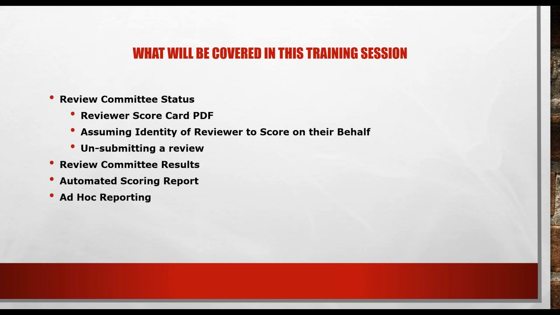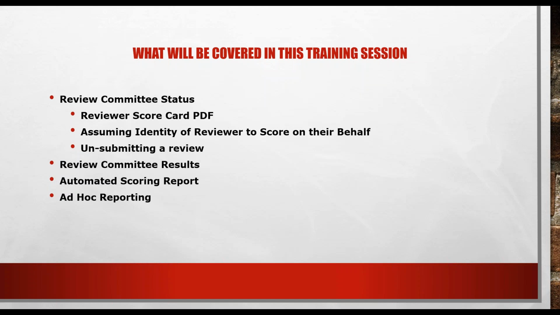And then also there's the submittal process. If you're using that submittal process, the reviewers are going to be submitting their reviews as they complete those task cards. And so as they submit them, maybe they may have an instance when they need to have it unsubmitted so they can go in and make some adjustments. So we'll talk about how you can remove that submittal for them. And then after they've done